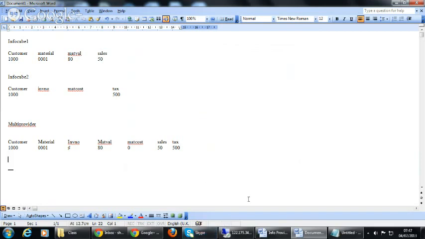So in multi-providers, you can add all other info providers, right from InfoCube, DSO, InfoObject, even virtual info providers like remote cubes or infosets, etc. You can add all other info providers, but not other multi-providers.